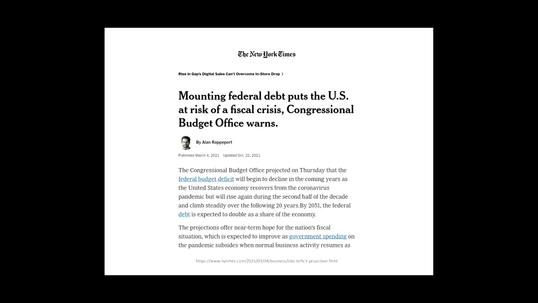So when we have a situation like this, where we have this huge debt, it's expanding at a rapid rate, and there's no solution on the horizon, it creates a lot of financial risk in the system, and it's not just contained to the federal government. It affects really every part of the economy.